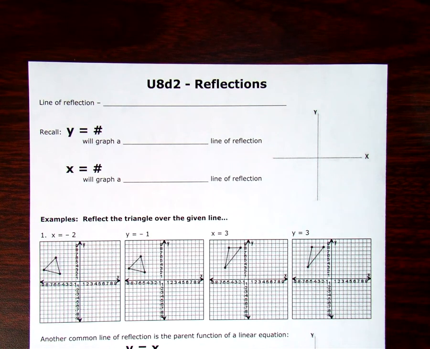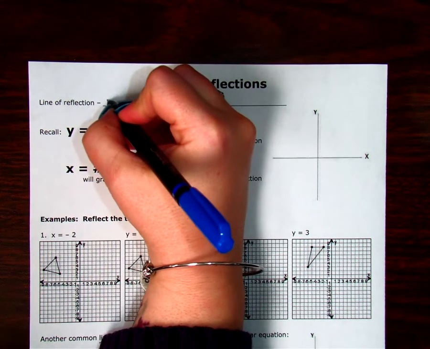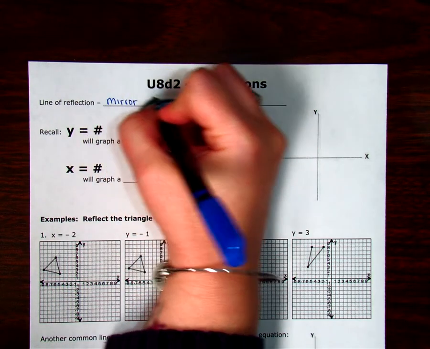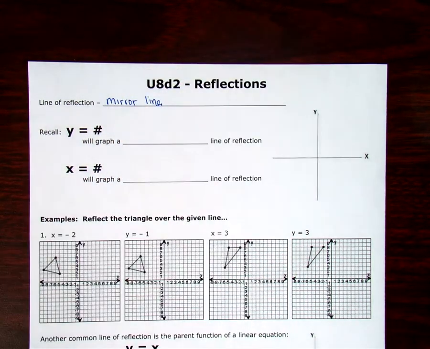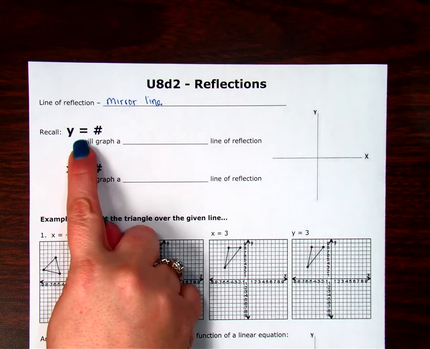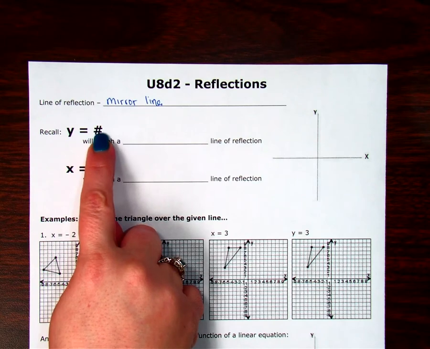Today we're going to focus on reflections. The line of reflection is sometimes referred to as a mirror line. Everything on one side is the same distance as its image on the other side. Sometimes you're going to be asked to reflect over the line y equals some number or